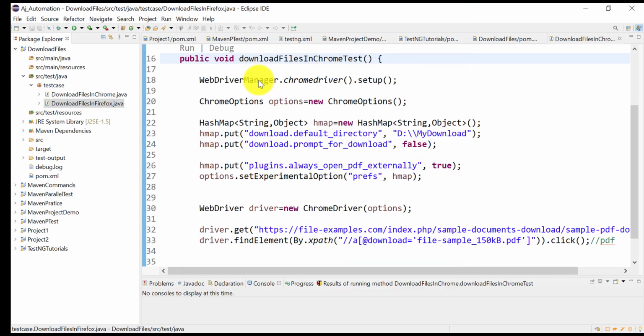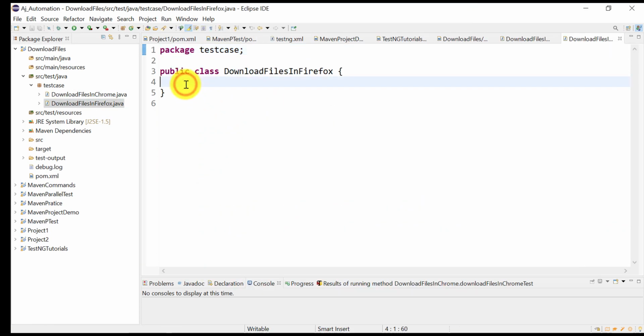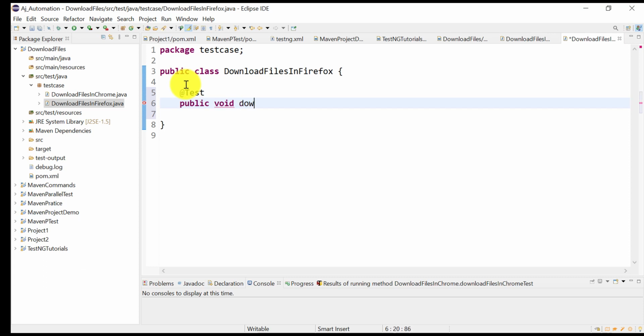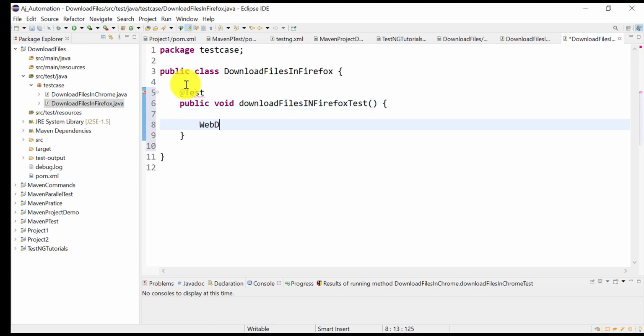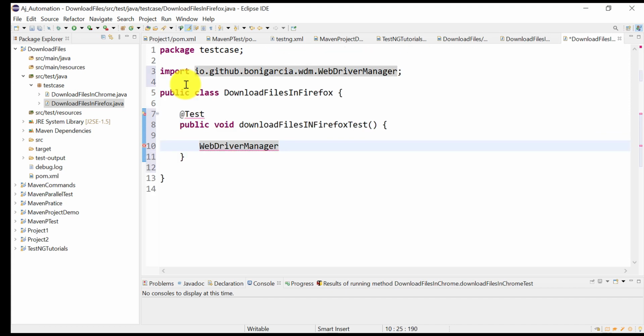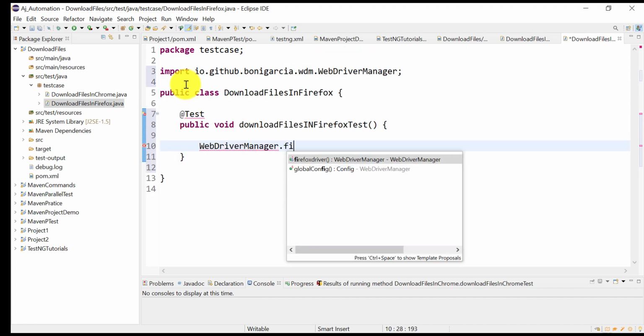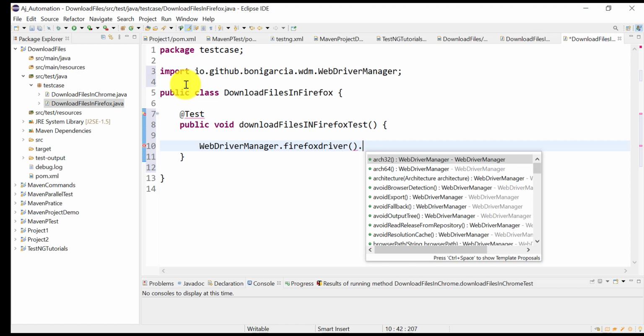Okay, and here this is our method. Browser manager dot Firefox driver dot setup.